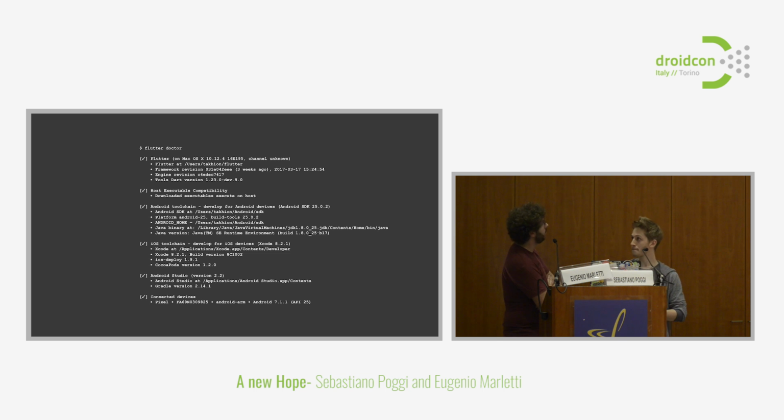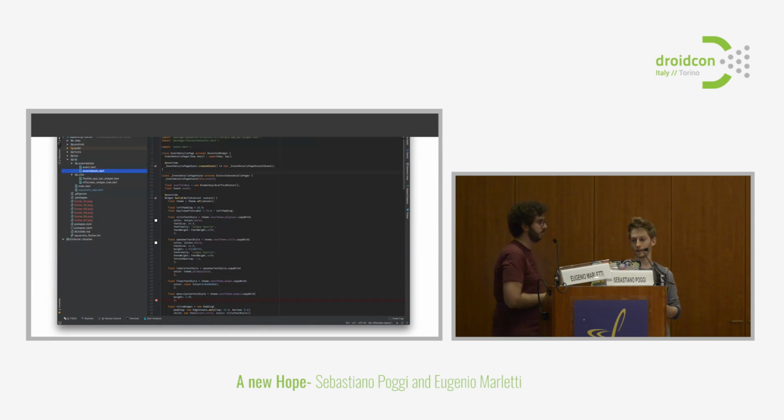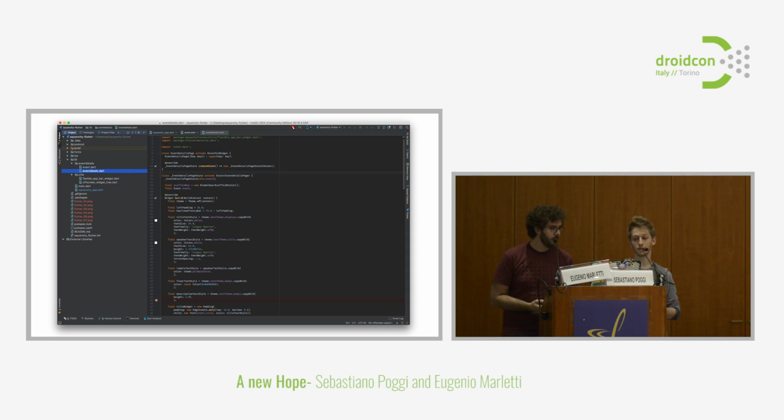You don't have to have all the things. Some you do, like the first one, of course. If you don't have Flutter, you cannot use Flutter. But you can have only the Android stuff or only the iOS stuff. It's fine. Then, of course, it comes with the IDEA plugin, which is also based on the Dart plugin. So you get everything you might expect from Android Studio or IntelliJ IDEA. They just updated it end of last week to support IntelliJ 2017.1, which also means Android Studio 2.4, which is amazing. You can debug code as you would expect, so step by step, etc.